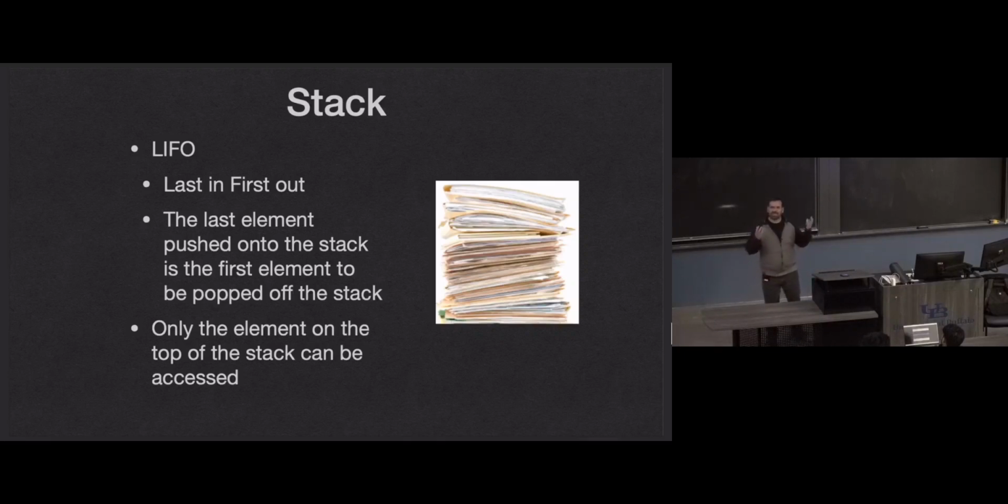We can only access the top value of a stack. So the top stack frame, whatever variables are in that stack frame, those are the only ones we have access to as our program is running. We can't go down the stack to a different stack frame and see what those variables are. We just can't do it. The only thing we can do is add new stack frames to the top of the stack when we call methods and remove stack frames from the top of the stack when the stack frame at the top returns,